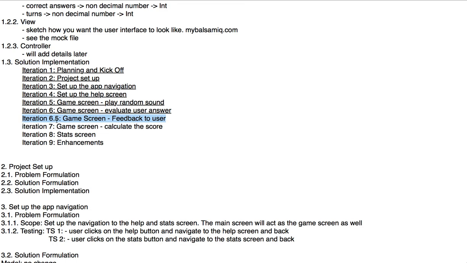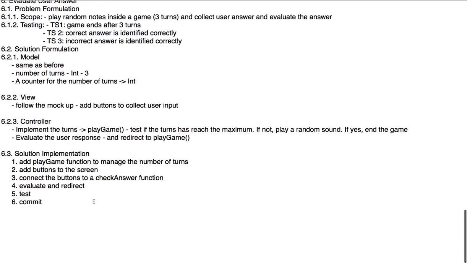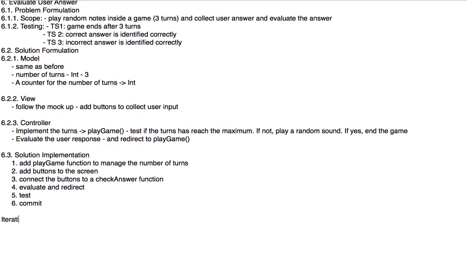or maybe just make this 7 and update the others. So this is 8, 9, and 10. So we'll say feedback to user first, and then calculate the score after that, and then the stat screen, and then the enhancement. So we go to iteration 7 and 7.1 feedback to user,